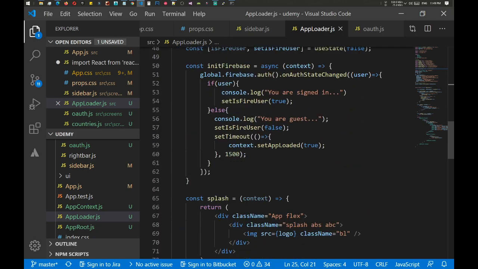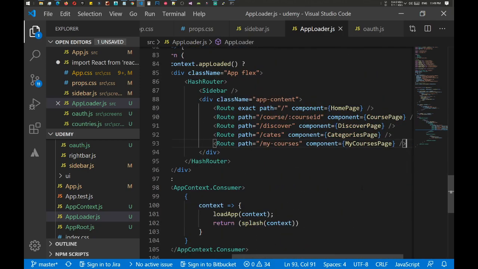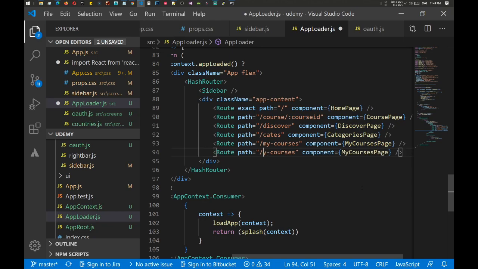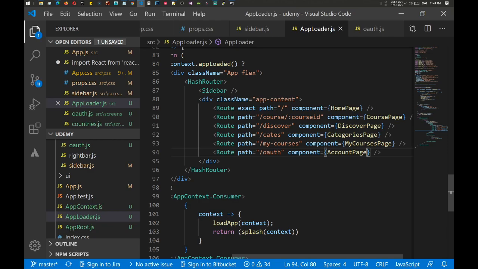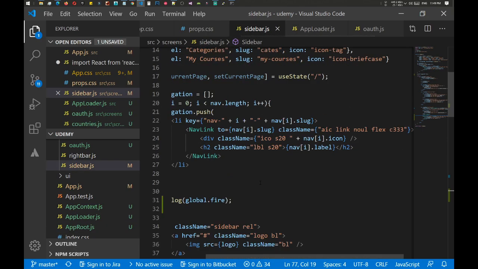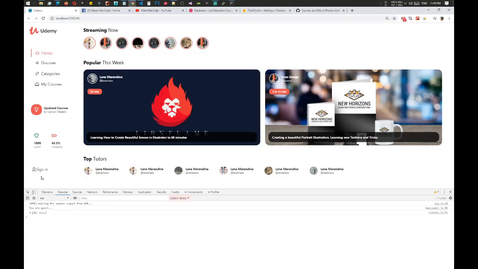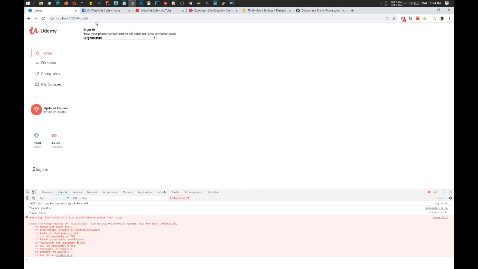And we have an account page, and let's quickly add route auth, and we have our account page. Save. Great. And we need one more thing, that is the label. If we can go to, let's quickly check, click sign in, and here we are. Great, yuppie. Leave it for now,